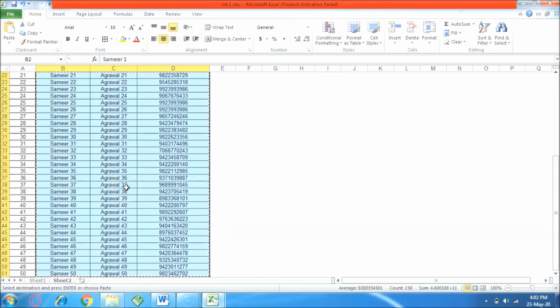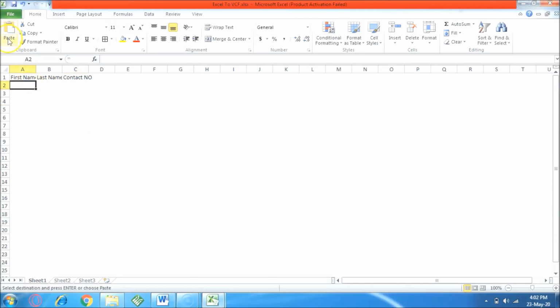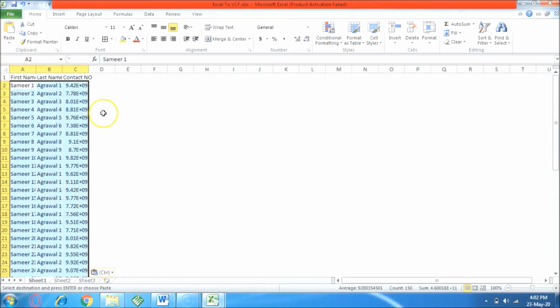Don't copy any formula, any other things, or any formats. I have just copied it, and now I paste by value. Click on paste by values. So this Excel sheet I have prepared. Just save your file once, and once you have prepared this Excel sheet, your step 1 is over.